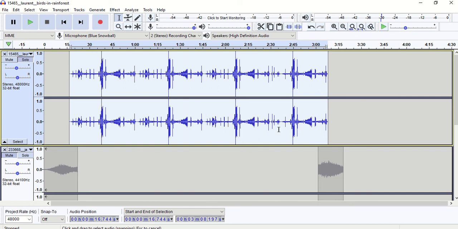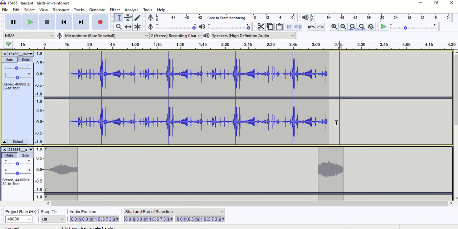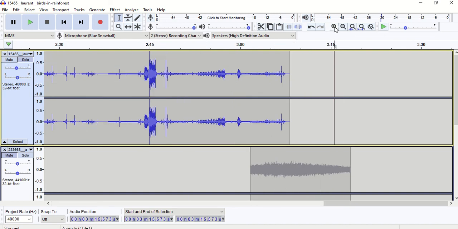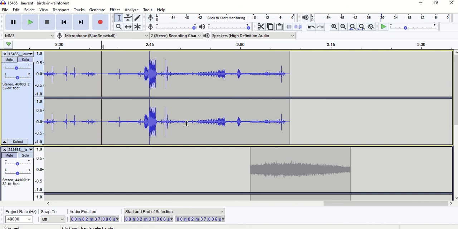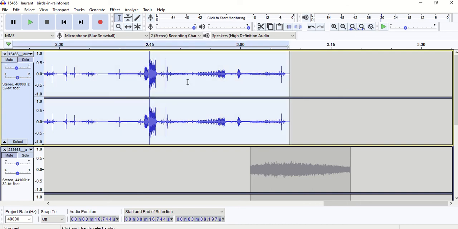Alright, final thing with clip boundaries is, let's say for example, you forgot to put in your page turn sounds, but you know by looking at your track and knowing your reading that these spots on here that are silent, that's actually where you had to stop your reading to turn the page. So one thing you could do at this point in time would be to grab this whole track, as I'm doing,